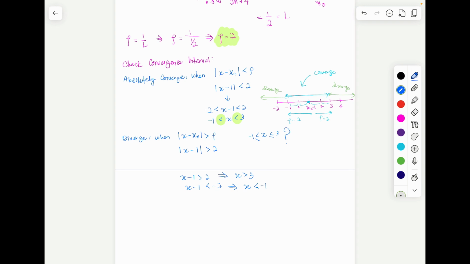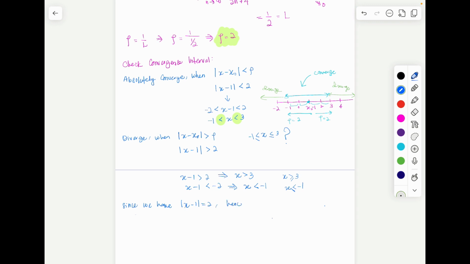Okay, we don't know that. The same goes for this one. Is it x just greater than 3, or x greater than or equal to 3? And is x lesser than negative 1 or equal to negative 1 as well? So we need to check on this. We need to check this by substituting back the value of x into the original power series. Since we have |x minus 1| equals 2, which is the rho, the radius of convergence,